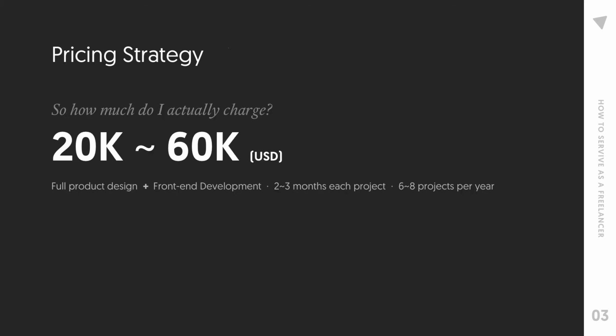So now, how much do I actually charge? Again, this is just based on my personal experience and the type of work I'm doing right now. I don't mean that you should follow this, and not everyone charges the same price. Some of you may be charging much higher than what I'm charging right now, and you may laugh at my pricing, or you may think, yo guy, you're so expensive.